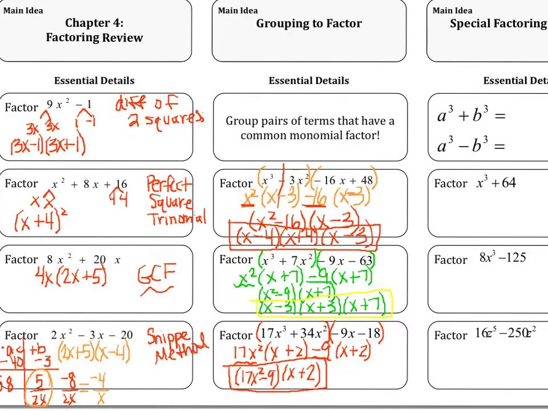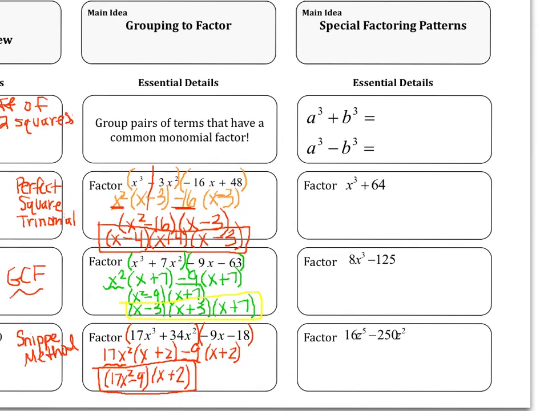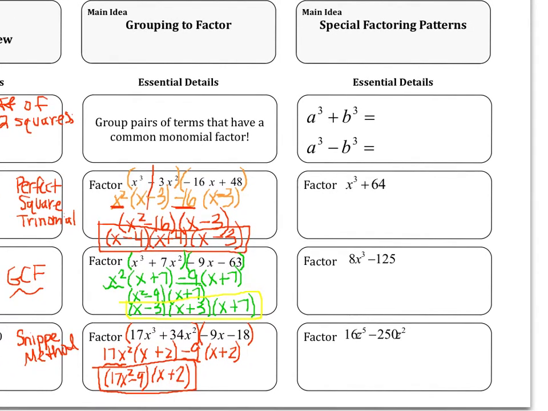All right, let's look at our last column here. These are special factoring patterns. So these are patterns that you need to look for, and once you see them, we're going to follow this pattern. So if I have two terms, my first term is a cube, and my last term is a cube. And they may not always look like cubes. You kind of have to test it and see if they are or not. So if I have a cubed plus b cubed, so I have two terms cubed and added, I can simplify that into a plus b,